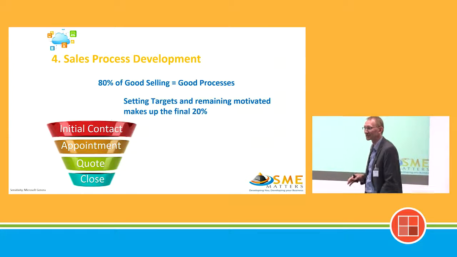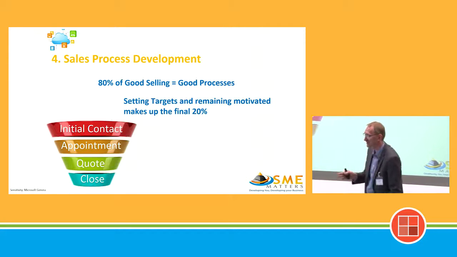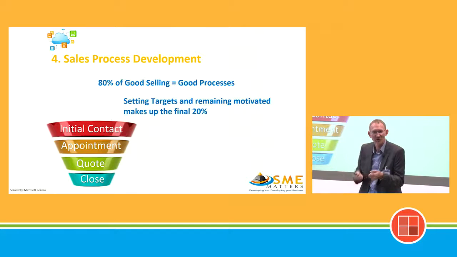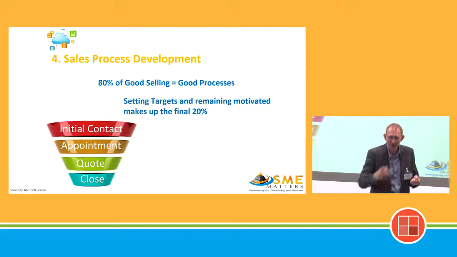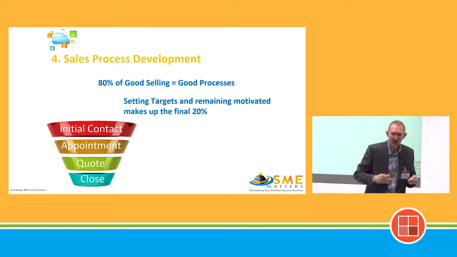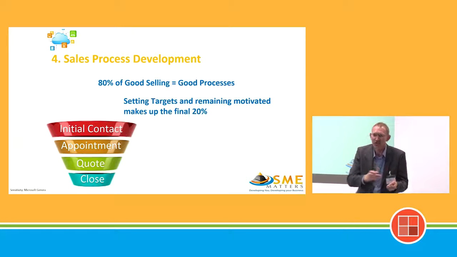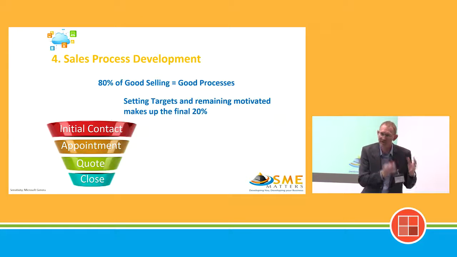If I have 10 people in the room, I guarantee you less than 3 of them will be able to actually pull out and show me the specific sales process that they follow, which is broken down on a step-by-step basis with the backup of what you do in every stage, the particular calls to action, the topics that you need to cover, and how you move people from one stage of the sales funnel to the other. That's what a sales process is. It's a systematic way of selling. And it guarantees you that if you have it in place, all of your sales organization will be following the exact same methodology. So if it's successful for one, it'll be successful for all.